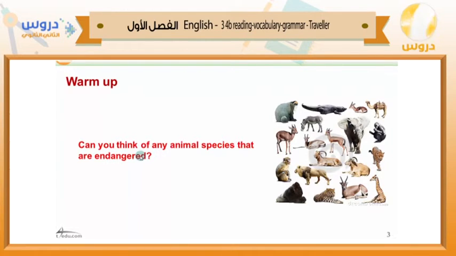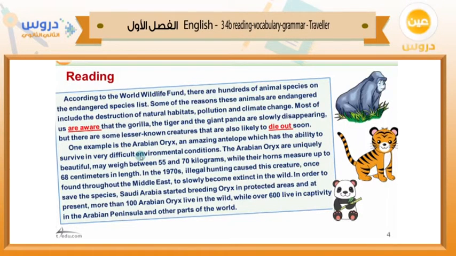We know that the koala bear is endangered. We know that some kind of tigers are endangered. We also know that the polar bear or the white bear is also endangered. As you can see, here is a reading about some endangered animals that really we don't know about. They're not very famous as to be very endangered. So I will read for you, and I hope you follow with me. And again, in the text you will have some underlined words in red. We're going to talk about them in objective 2, about words and their meanings in context.